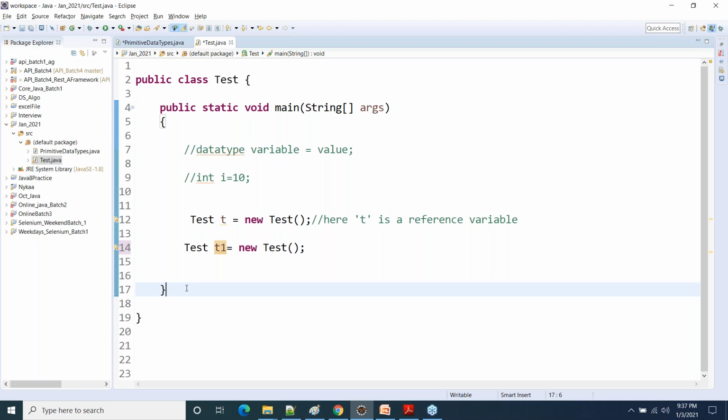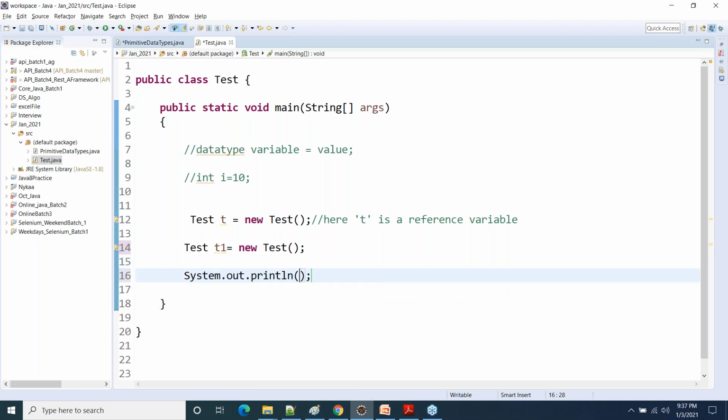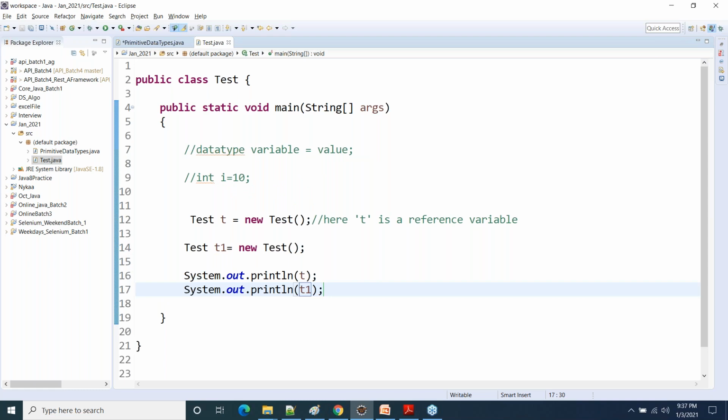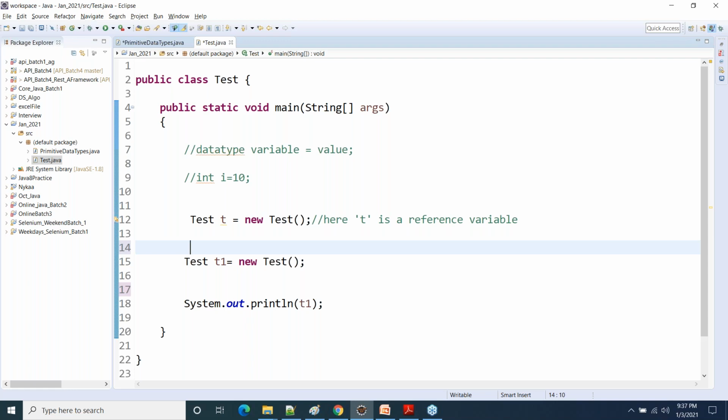Not the Test class, the reference variable, sir. Okay, what reference variable, T and T1? If I print T above and then T1, it will give the same result, but the connection will be different in Java heap.